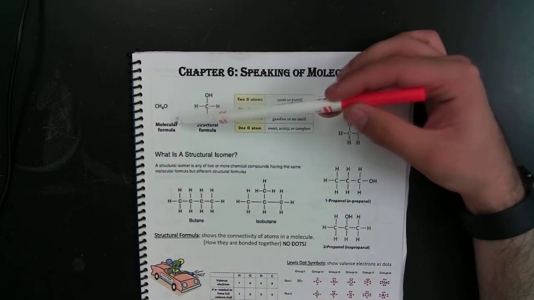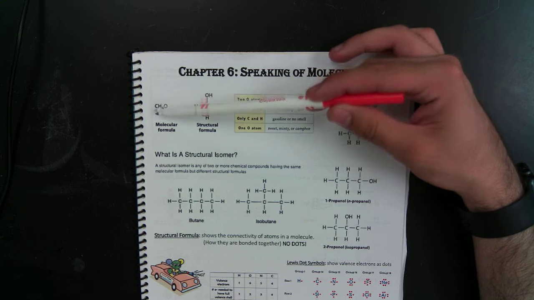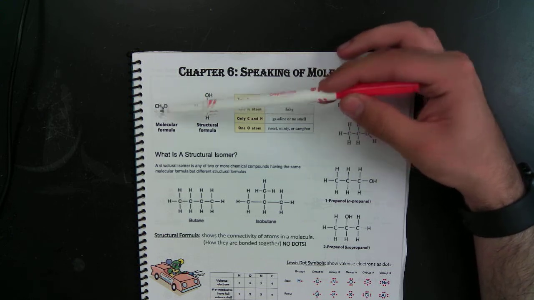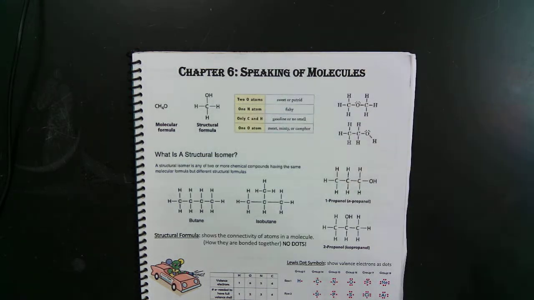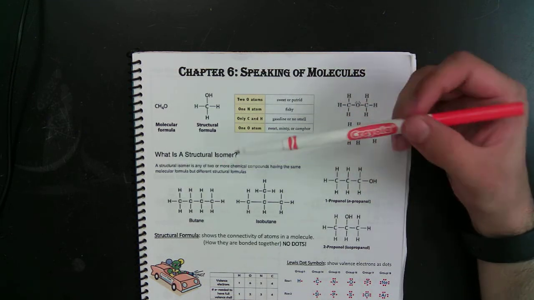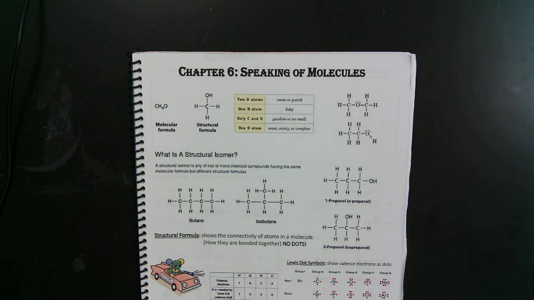We looked at the idea of a molecular formula as just saying the number and type of elements that are in a molecule that's covalently bonded, only nonmetals. The structural formula provides more information about how the atoms are connected together. Isomers we were introduced to, and isomers are any 2 or more chemical compounds that have the same molecular formula,